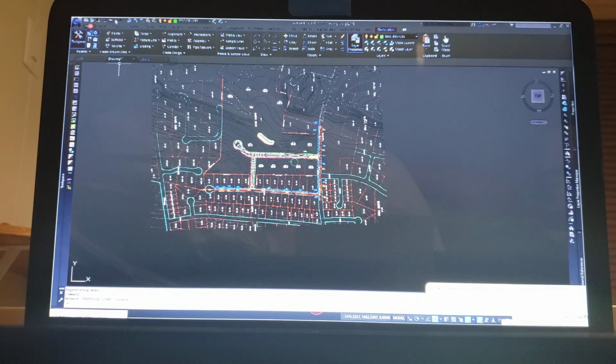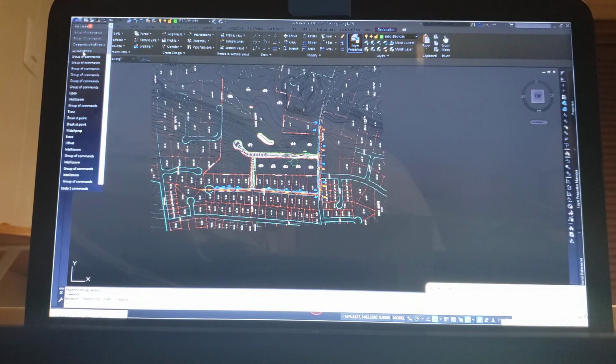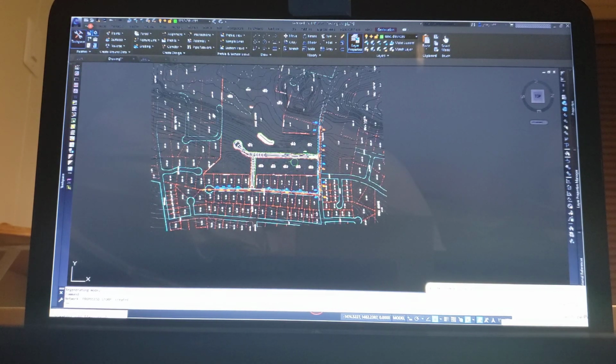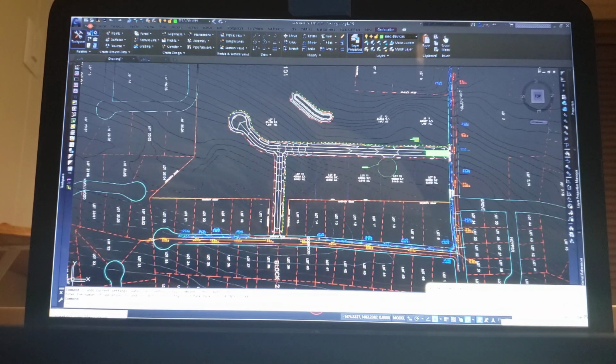All right, so undo. Let that be a lesson. Note your coordinate system. And you notice I don't have the little box in the origin. I type UCS, go back to world. Now in the origin we have that little box. That means you're in world coordinates. And now if we bring in our storm sewers,